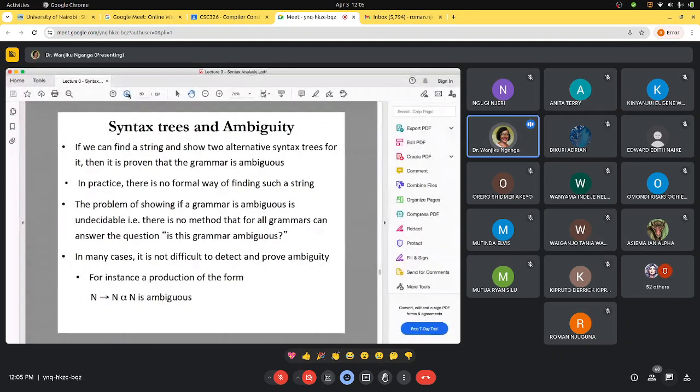As a human being, you look at your grammar, figure out if it's ambiguous, and you fix it. In many cases, it's not difficult to detect and prove ambiguity, but there are hard and fast rules that allow us to suspect that this grammar could be ambiguous. For instance, if you find a production of this form, a non-terminal rewritten by a non-terminal and some string, and that's in non-terminal N, you can be sure this is ambiguous, like the example we've just seen for E plus E or E times E. If you see this kind of production, then you almost know that grammar is ambiguous, and it becomes easier to generate a string to prove it. So we're going to see over time how to really eliminate